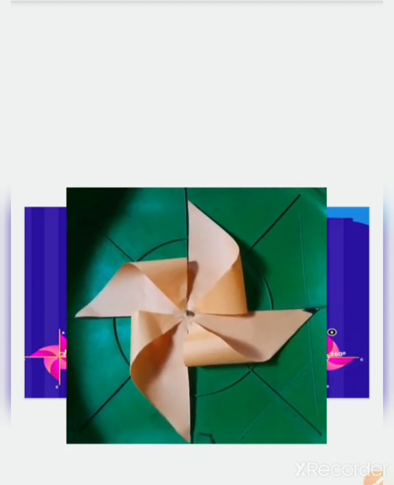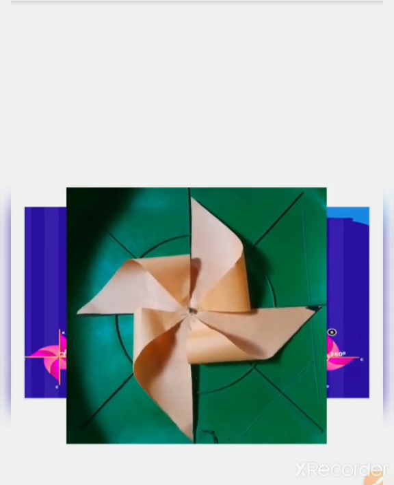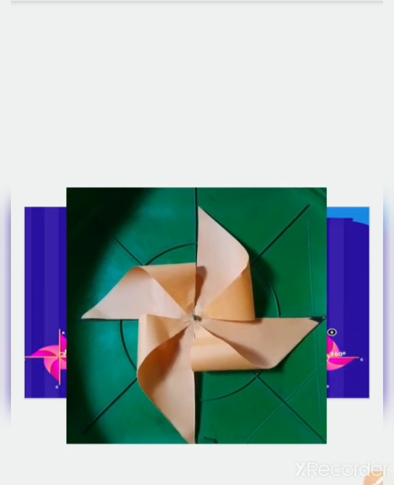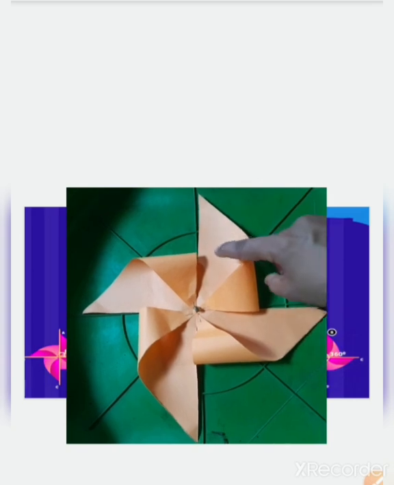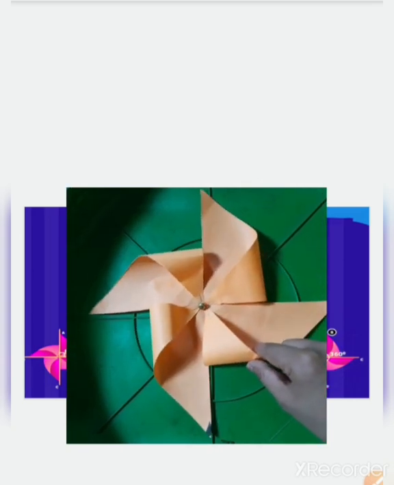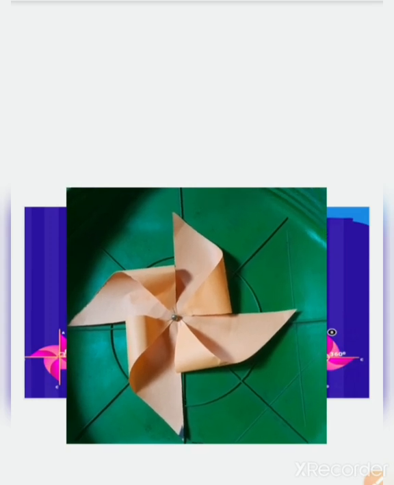So is this figure looking same? Is this windmill looking same? Yes, this windmill is looking same as the previous one. Now let's rotate it half, or we can say 180 degrees. So 180 degrees here, and half rotation is also here. So let's rotate it. Is it same? Yes, it is exactly the same.